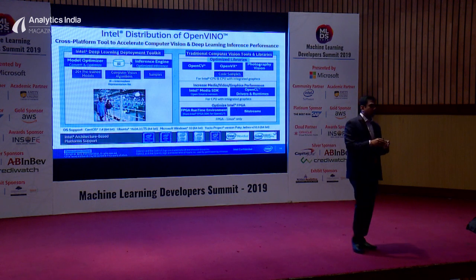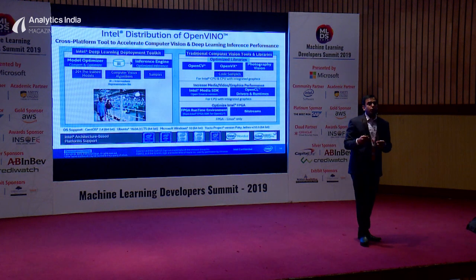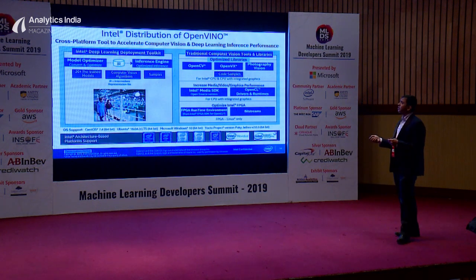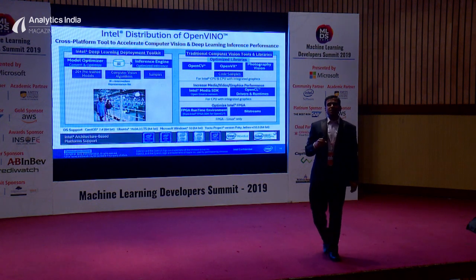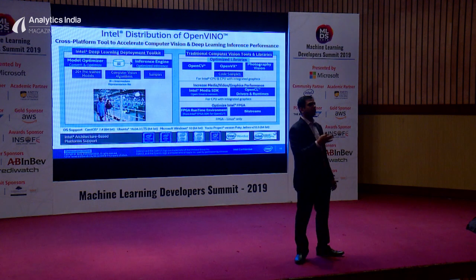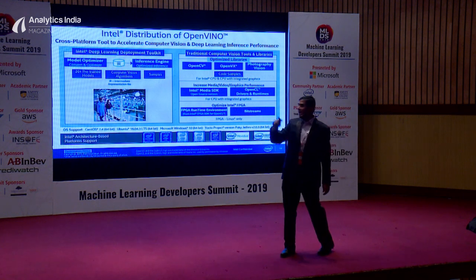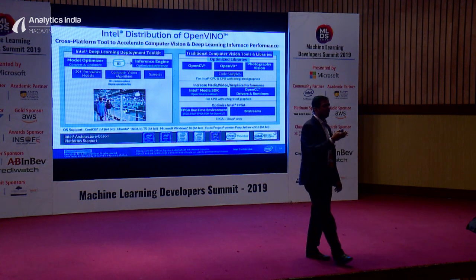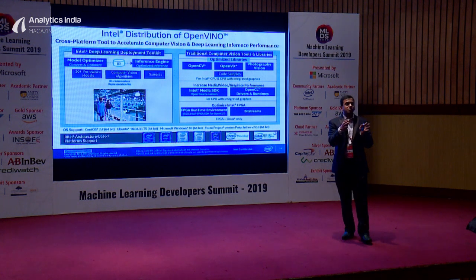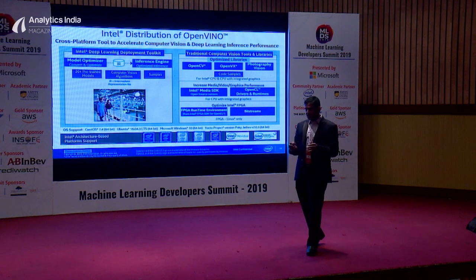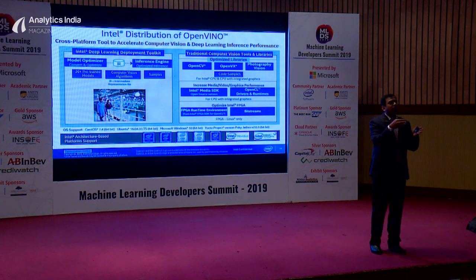Now let's look at deep learning, and that's why you're here. What do you do with OpenVINO? What we have is something called a model optimizer and then an inference engine. So what's a model optimizer? Let's say you have a pre-trained model coming from TensorFlow or Caffe. You put that into the model optimizer, and it gives you an intermediate representation. A bin and an XML file is generated, and that's the intermediate representation, which the inference engine then utilizes. The inference engine uses these files as the inputs and runs on the target hardware.